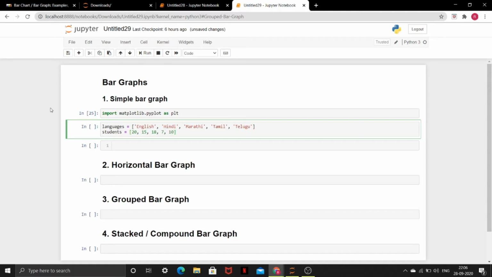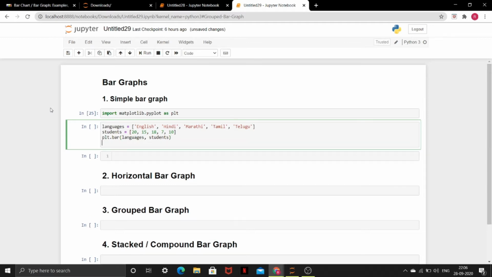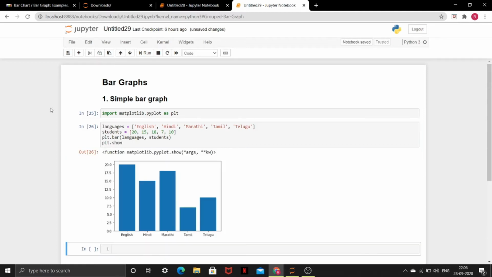Now we want to plot a bar graph with languages on our x-axis and the list of number of students on our y-axis. So for this, we'll be using the function plt.bar and pass our two lists, that is languages and students, as the arguments, and we'll use the plt.show function to plot the bar graph. So here we have our bar graph with the list of languages on the x-axis and the number of